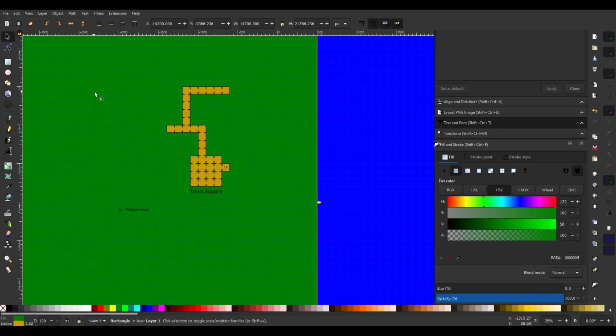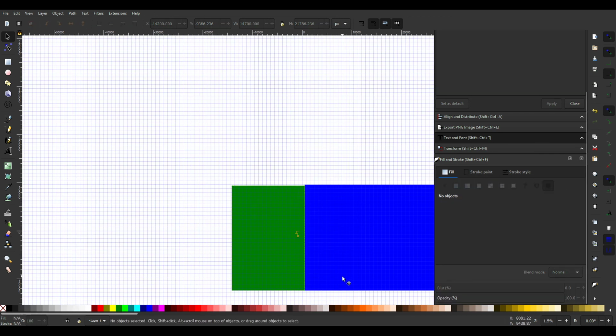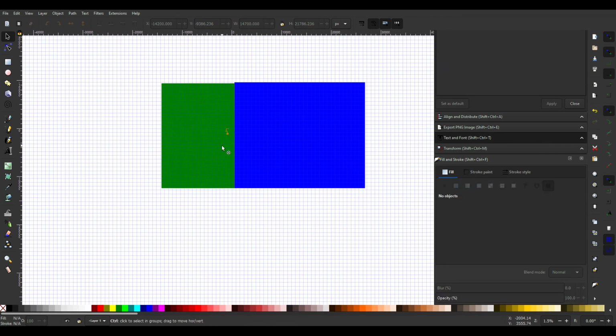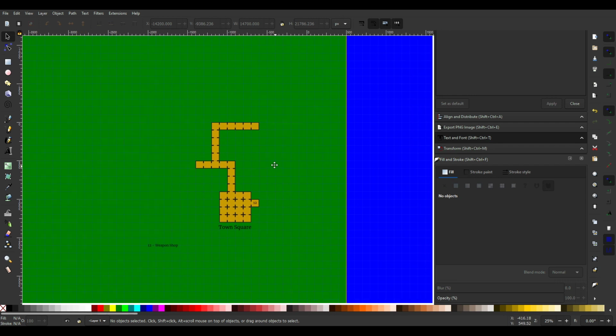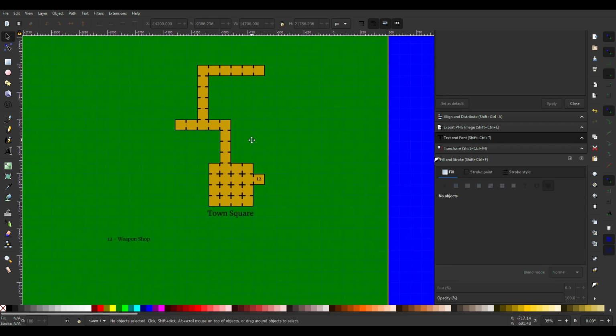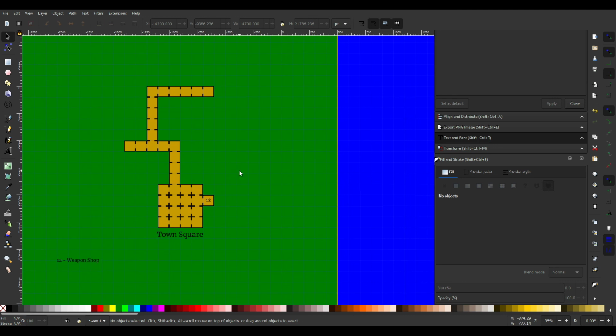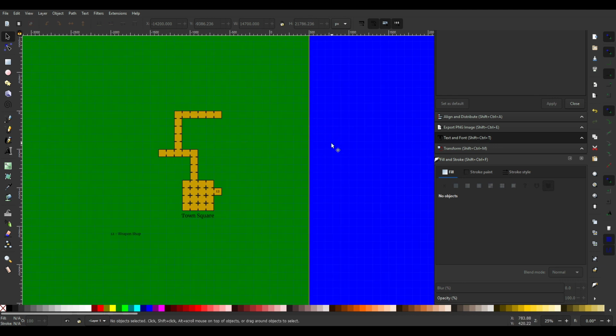So now what we have is our little town. I'm going to select back out here so that it doesn't have anything selected. There we go. We've got our green grass surrounding our road and our town square, and we've got the ocean on this side over here. We could even put like little docks over here or something like that, and maybe some ships, perhaps even an island or something that you want to be able to navigate over there. And then we could turn off the grid again,